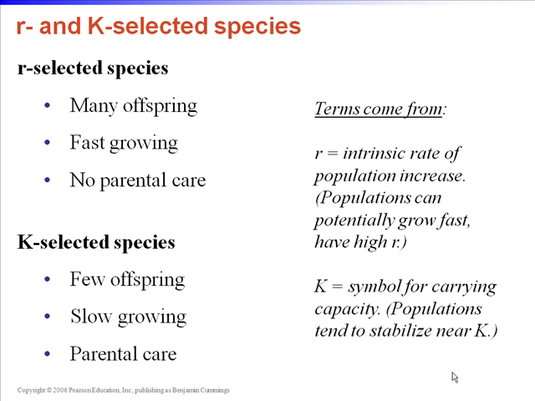R-selected species and K-selected species, you can kind of think of the fly and the elephant. The fly being an example of an r-selected species, and the elephant being an example of a K-selected species. All right, that concludes our discussion of